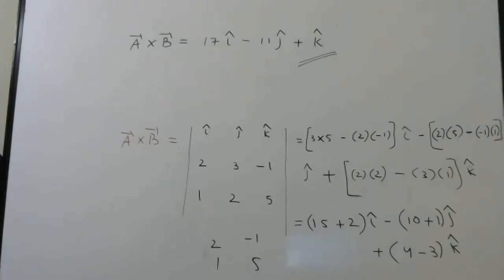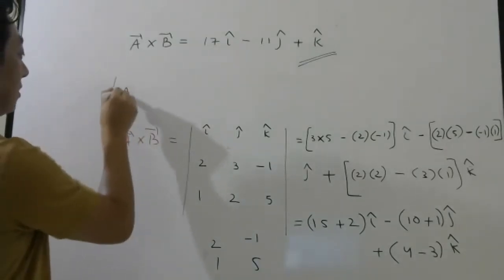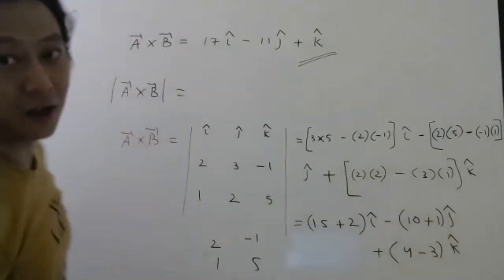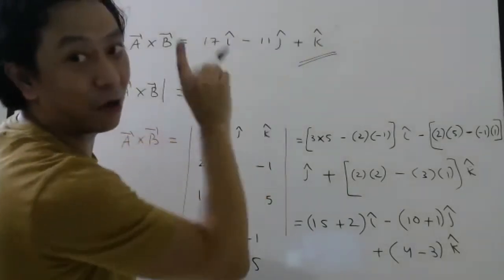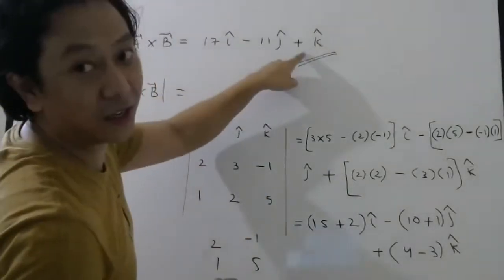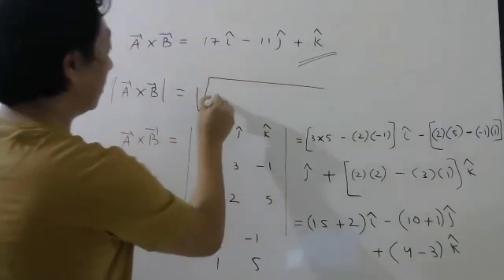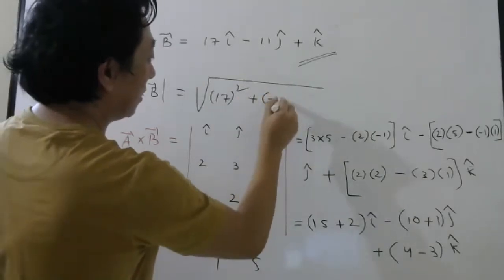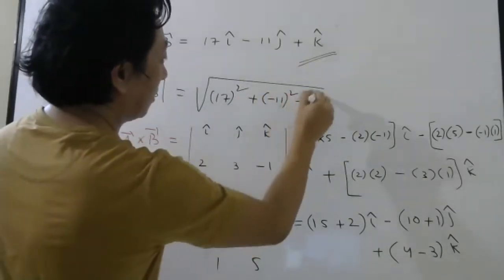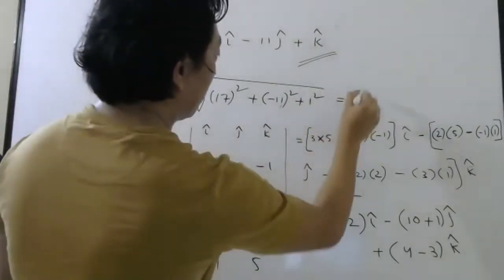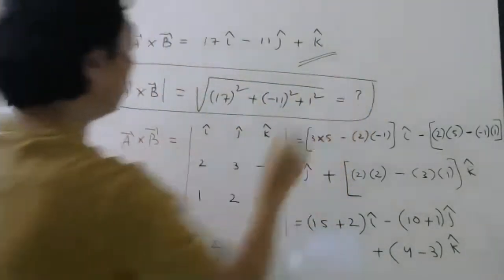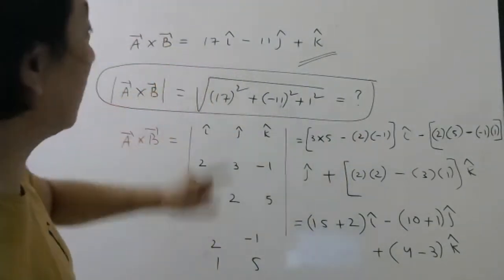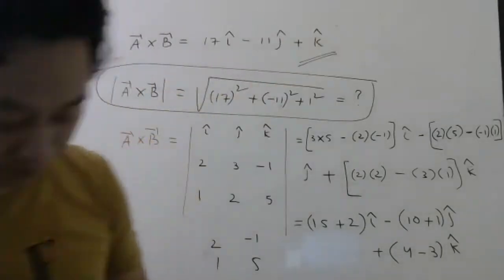So this is how we are supposed to do. Now suppose somebody says find the modulus. Find the magnitude of this vector. If you know the components, as I have told, whenever you know components of the vector, how to find the magnitude? Root over x component square plus y component square plus z component square. This formula you must be knowing, right? So check whatever this answer is. This you do if they ask the magnitude of this vector. But if they ask only the cross product, this is where you have to stop.